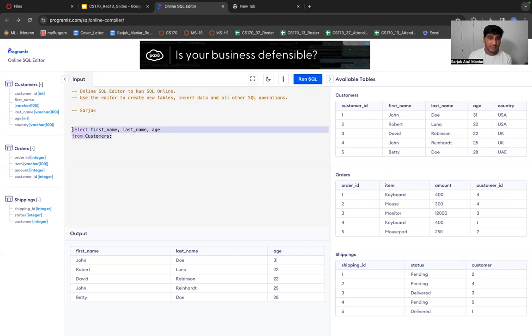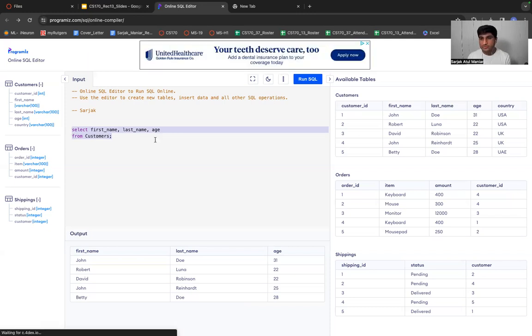And I think you guys have an idea of how powerful SQL is if you want to play around with your data, right, which is stored in the database. Of course, in this example, we are just retrieving the data, right? But you can legit update the data, you can insert the data, you can create your own database. We are going to look at the example of creating our own database.